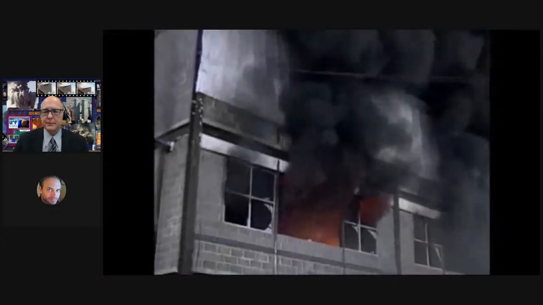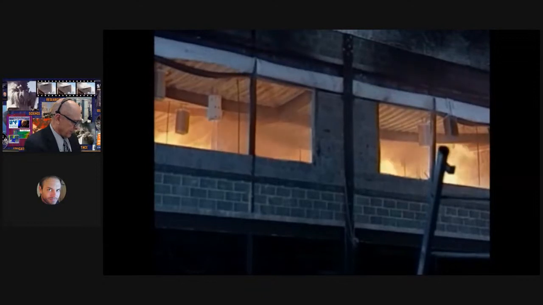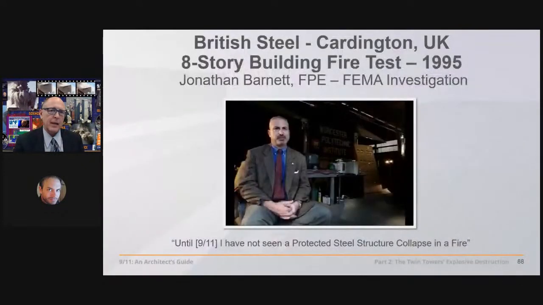This was the largest test of its kind ever conducted. It showed how unprotected steel can be distorted, even by a normal office fire. But as is typical in steel buildings, the structural beams only slowly and progressively warped and sagged. There was no chance of a sudden collapse. In over 20 years, I have not seen, until recently, a protected steel structure that has collapsed in a fire. Until recently, of course, he's referring here to 9/11, when we had not 2, but 3 protected steel structures collapse